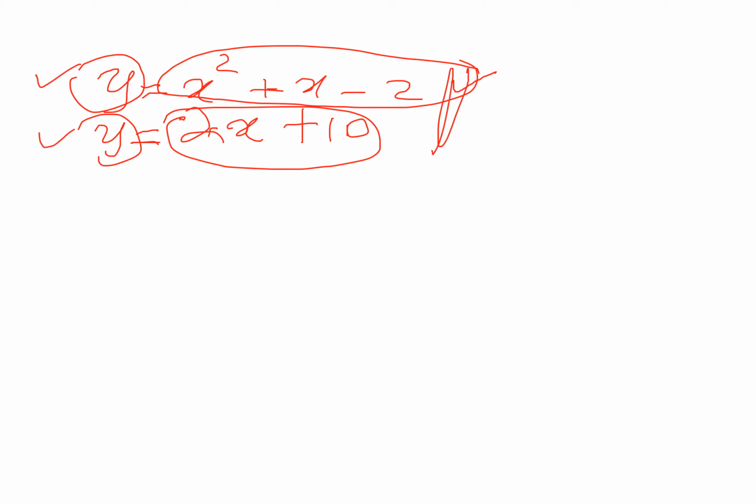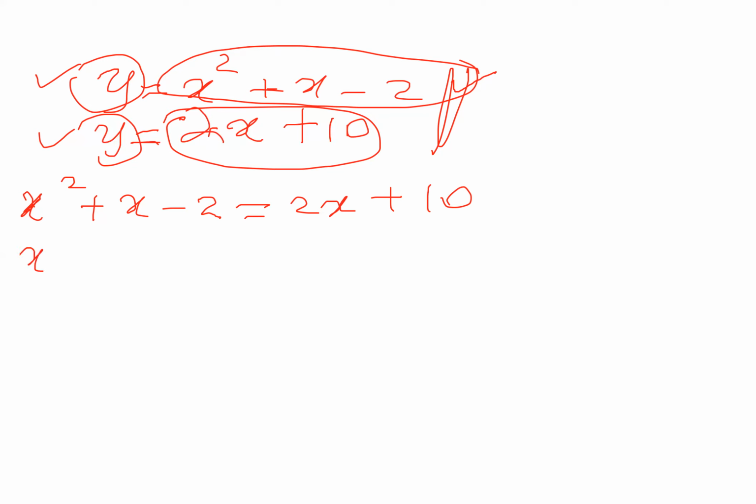Therefore, you can write x squared plus x minus 2 equals 2x plus 10. Right? Now you have one equation with one unknown variable, right? You can solve that. So then